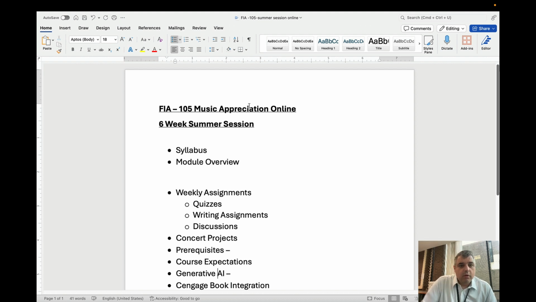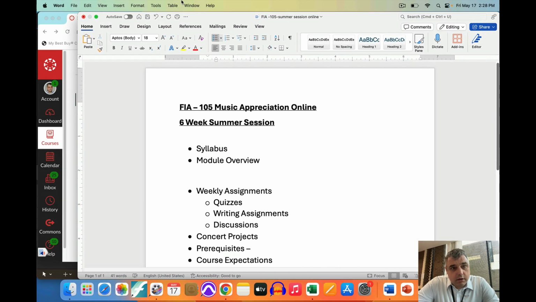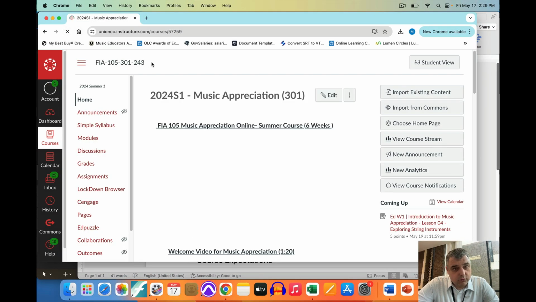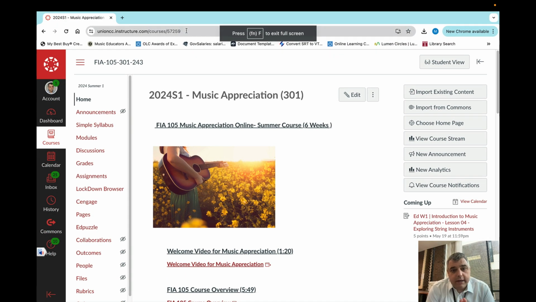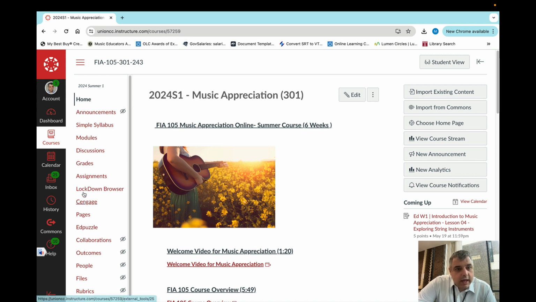So with that, when we log in, I'm going to toggle over to the screen. Right now, when you log in, your screen is going to look similar to this. Since I'm the instructor, I'm not going to go into student's view since it's not activated. You're going to have a few of these links over here. The ones down here are not going to be available to you, and you're not going to need them.